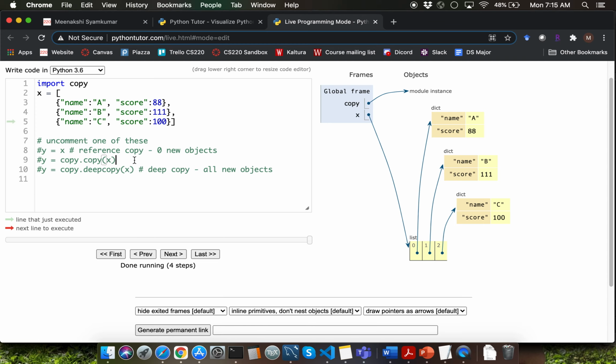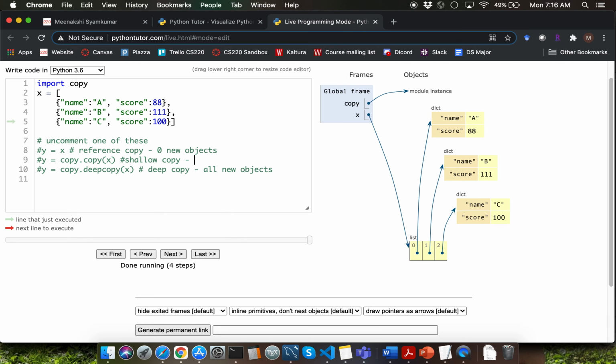Let's learn about shallow copy. Shallow copy is a middle ground between reference copy and deep copy. You'll have to invoke the copy function within the copy module to create a shallow copy. This is a weird invocation because the module name and the function name are called as copy here. Similar to deep copy, you're going to pass as argument the variable which is storing the reference to the nested data structure, and you're going to capture the return value which is going to be a new reference to the new object.